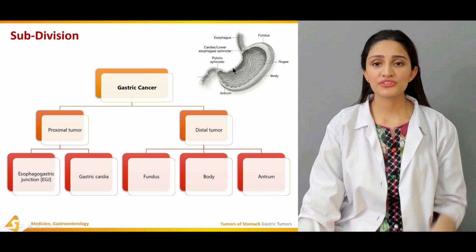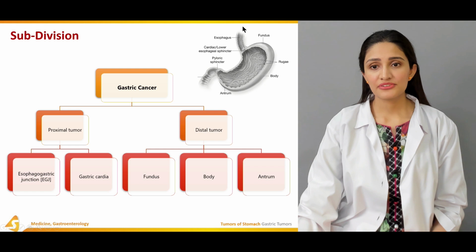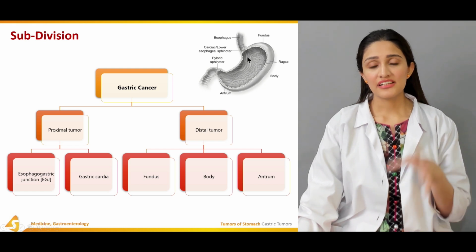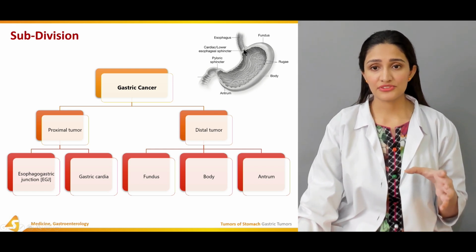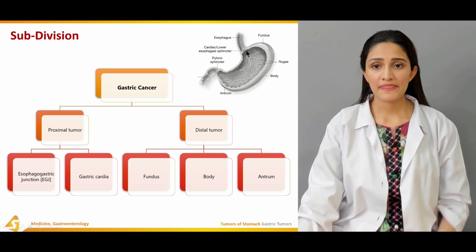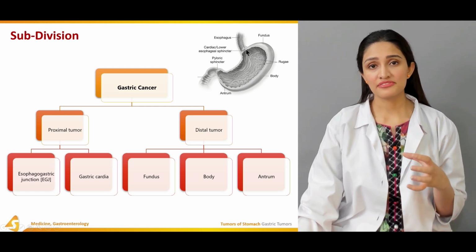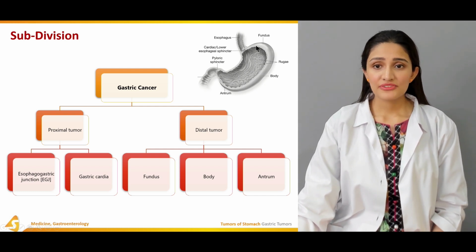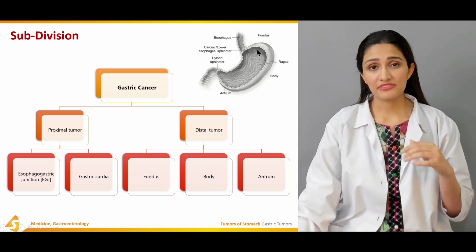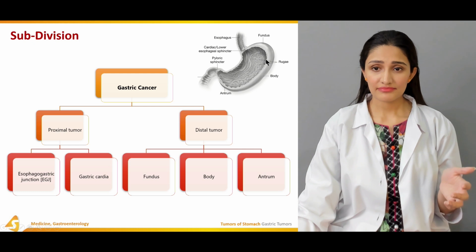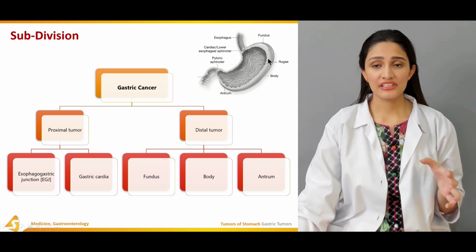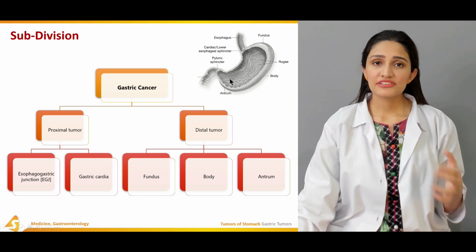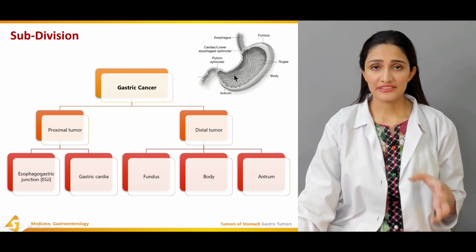So if we see in this picture, how are the parts divided? As the esophagus joins the stomach at this point, which is called the esophagogastric junction, the beginning part of the stomach, the initiating part, is also called the cardia. This more globular, dome part of the stomach is called the fundus. And then after the fundus is the body of the stomach, and lastly the part that connects to the small intestine is known as the antrum.